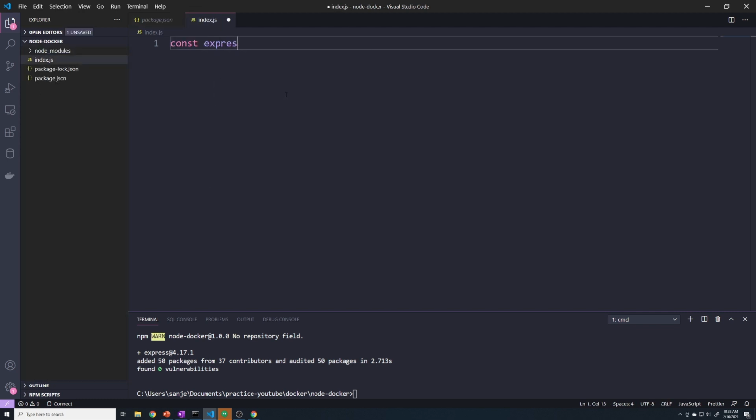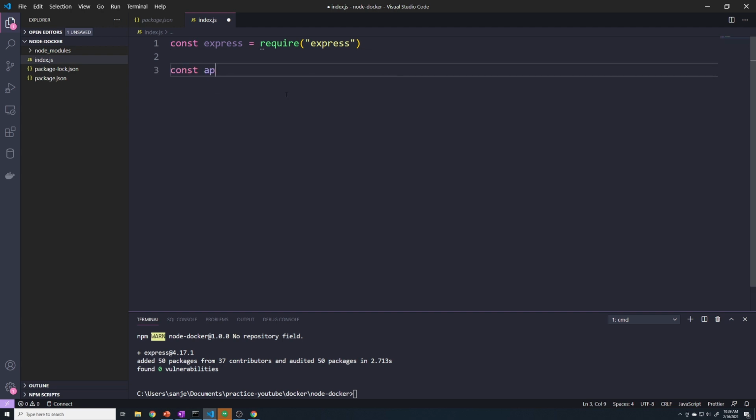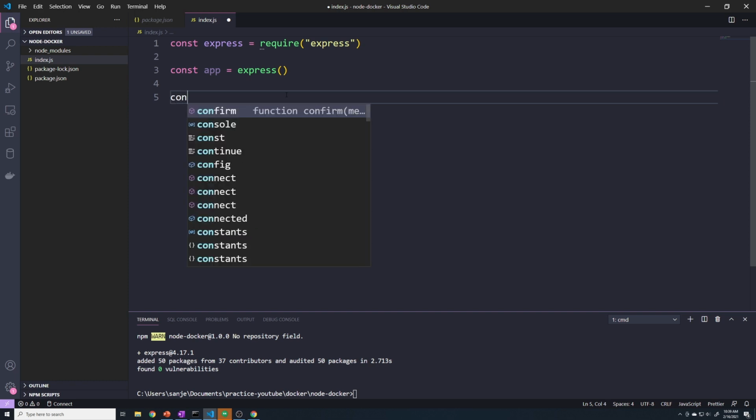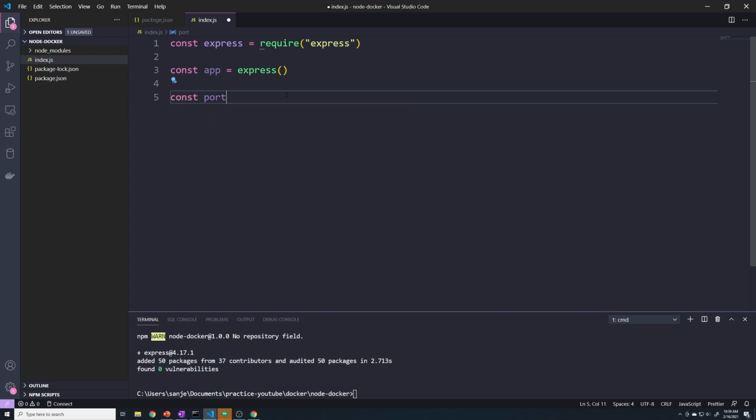And I'm going to import Express. So we'll do const express = require('express'). And then we can do const app = express(). Right, then I'm going to specify the port that I want my Express server to live on. So I'm going to do const port. So this variable is going to represent the port that it's going to be listening on. And I'm going to set it equal to